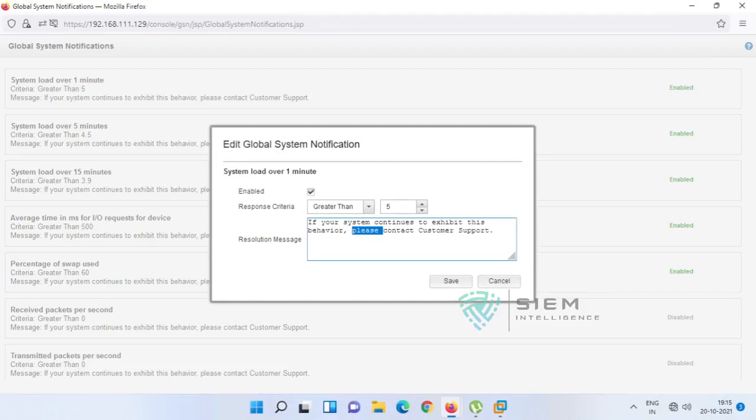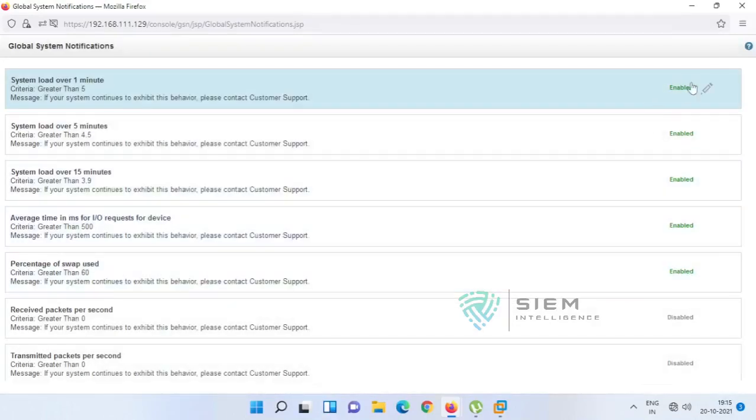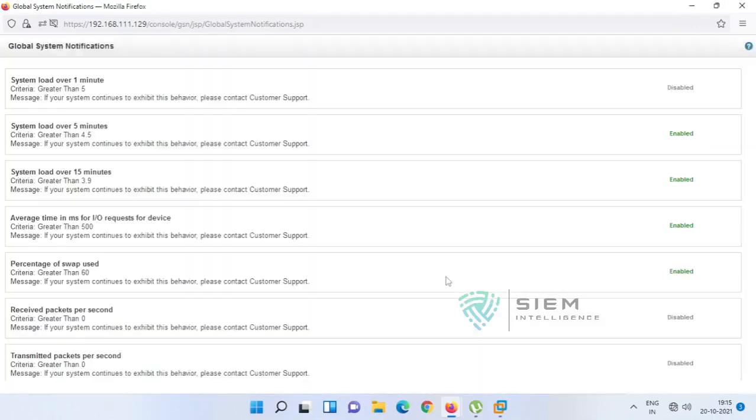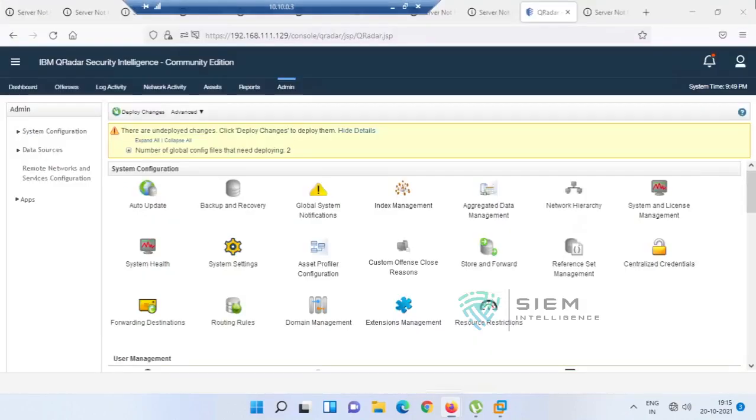You can give like that. You can change it, and you can disable or enable it here. Okay, you can disable. So that is up to you. Generally, if you have good hardware, it doesn't show. Basically the input-output and the processing capability is up to the mark, along with considerable sizing, so there is no issue, along with the processor capabilities. So this is something. Auto update done, backup recovery done, global notification done.